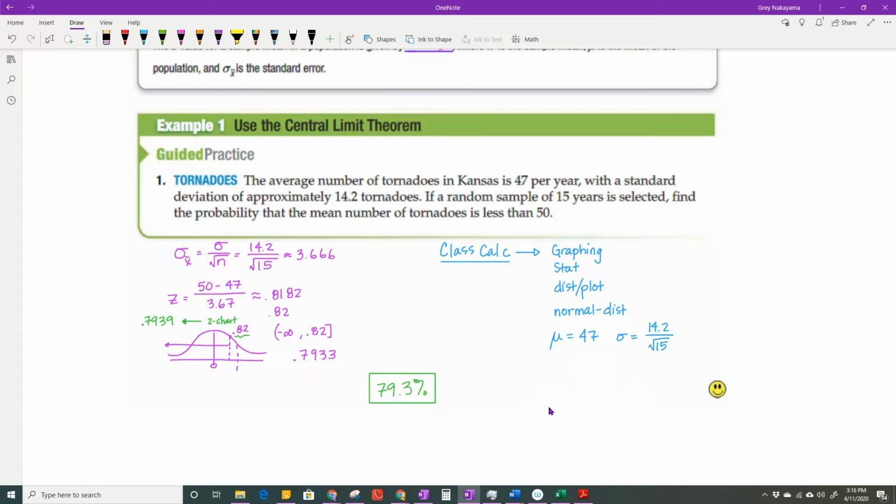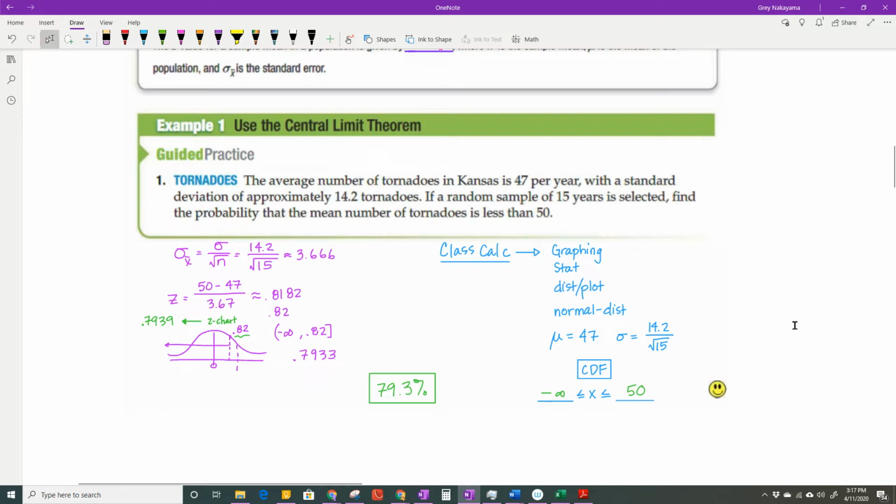And then, because I want those less than 50, I push the CDF, which brings up this information to put in. Just like I did over here when we had negative infinity to 0.82, it's the same kind of interval thing, but we're going to have negative infinity, and we get to use the problem in the chart. So